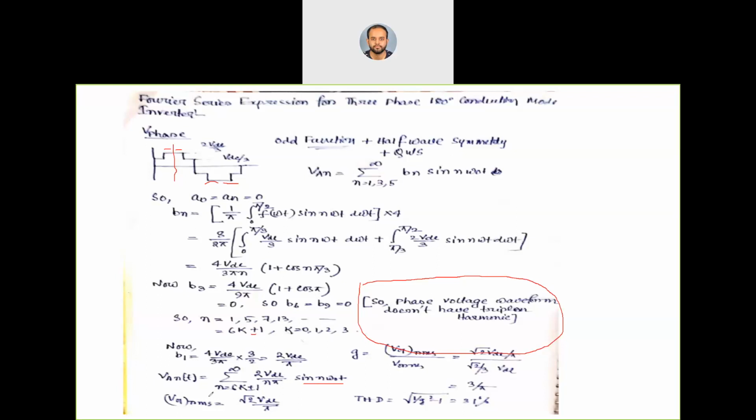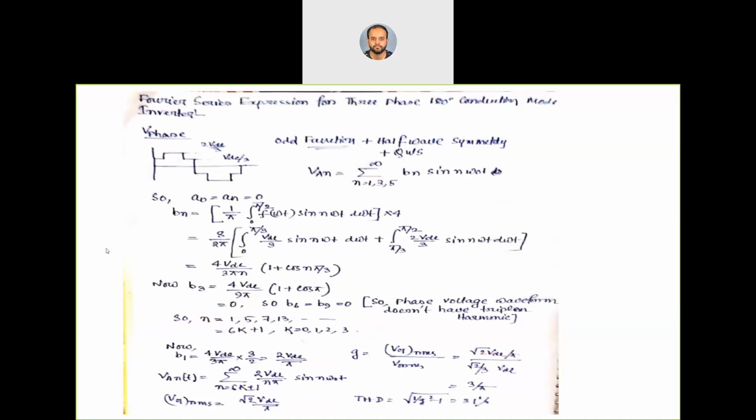So from here we can find out our V01 RMS, that is root 2 VDC by pi. We have already found it in the single phase half bridge inverter. So go to that lecture and you can find out how this can be found. Then we can find out the THD, that will be equal to 31%. Now this we have found out for the 3-phase full bridge inverter